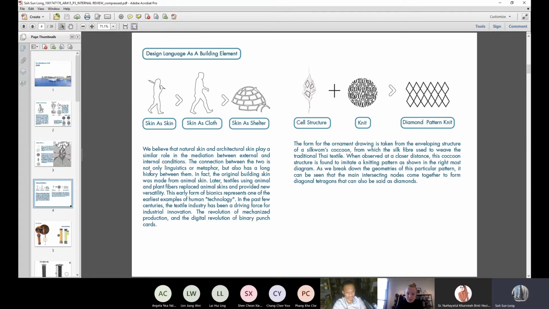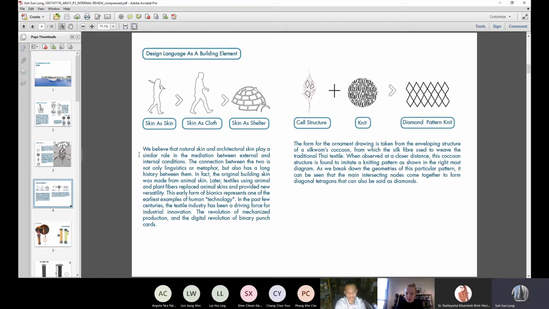As a summary, to conclude my grammar of ornament, the form for the ornament drawing is taken from the emerald structure of the silkworm cocoon, which is the silk fiber exhibited with the traditional textile. And also when observed at a closer distance, the silkworm cocoon is folded in a kidney pattern, as shown on the right in the morph diagram.